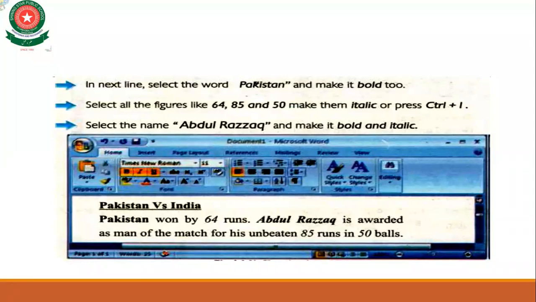Select all the figures like 64, 65, 85 and 50. Make them italic or press Ctrl plus I. Select the name Abdul Razzaq and make it bold and italic.